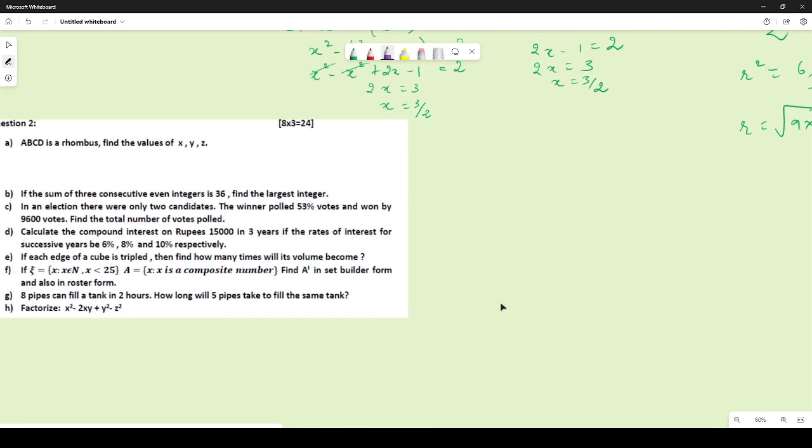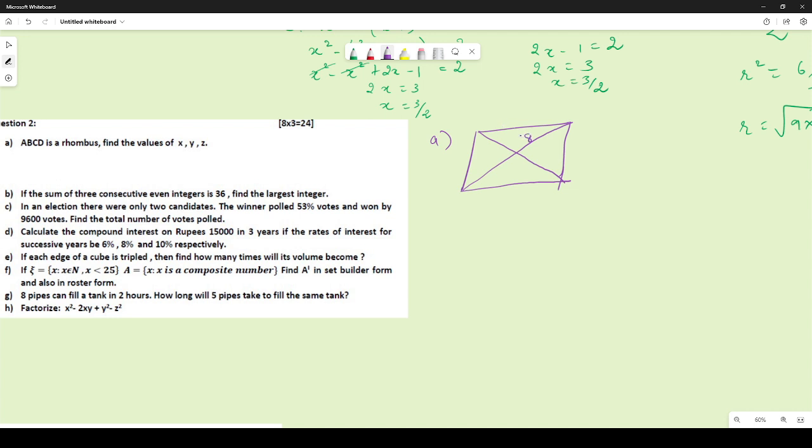Now ABCD is a rhombus. Find the values of x, y, z. यहाँ पर हमको फिगर देखना है, क्या फिगर बना हुआ था। यहाँ जो रोम्बस का फिगर बना था वो ऐसा फिगर बना था, it was something like this. Let us say this was the rhombus, ये बना, sorry, yes, and these are the two diagonals, ऐसा बना हुआ है। यहाँ पर एक का मेजरमेंट दिया हुआ है 8,